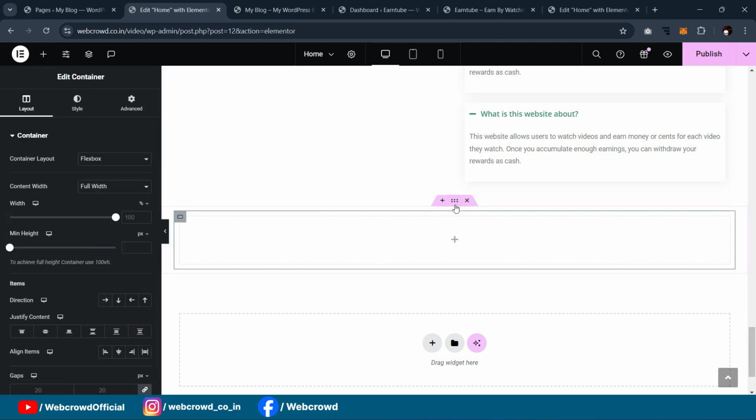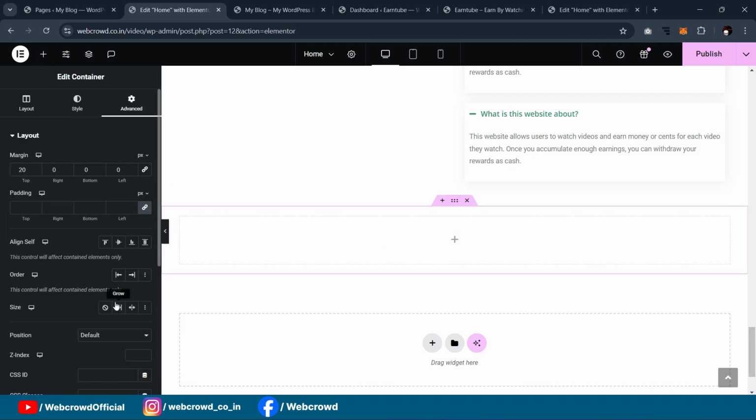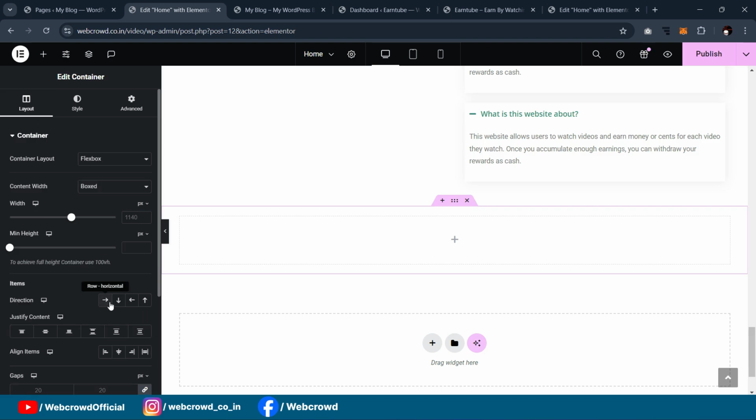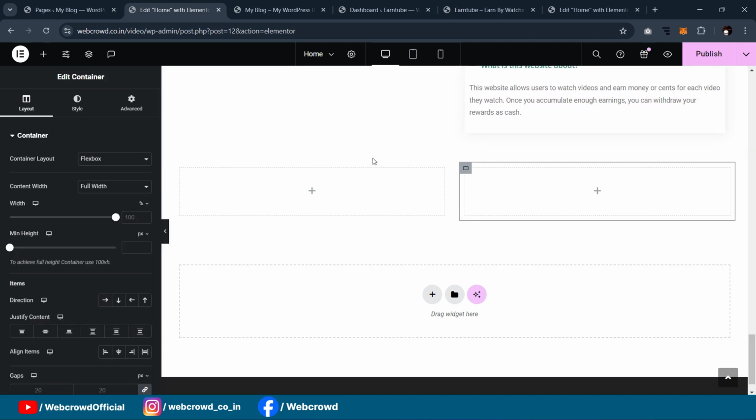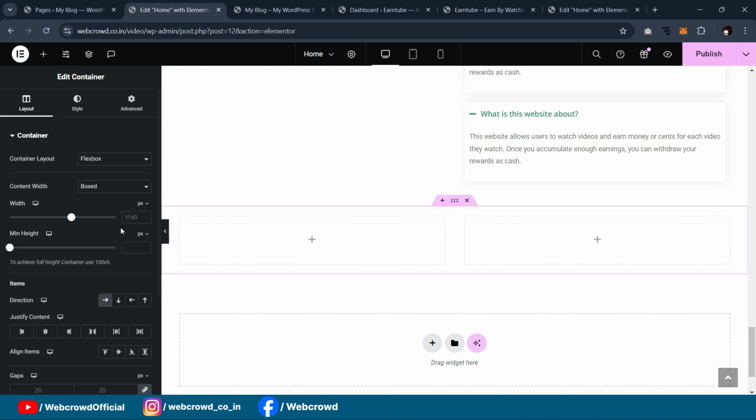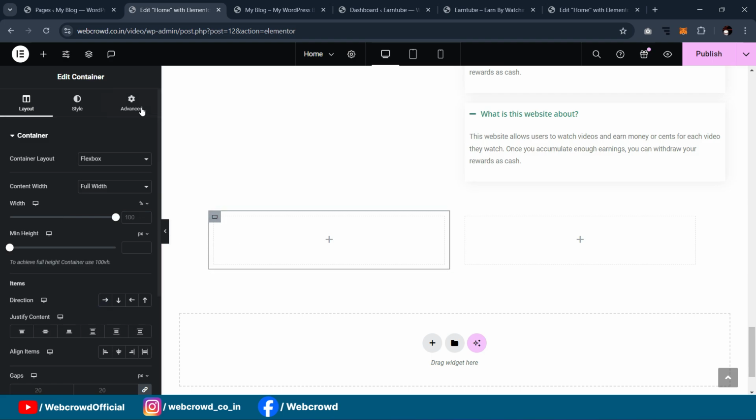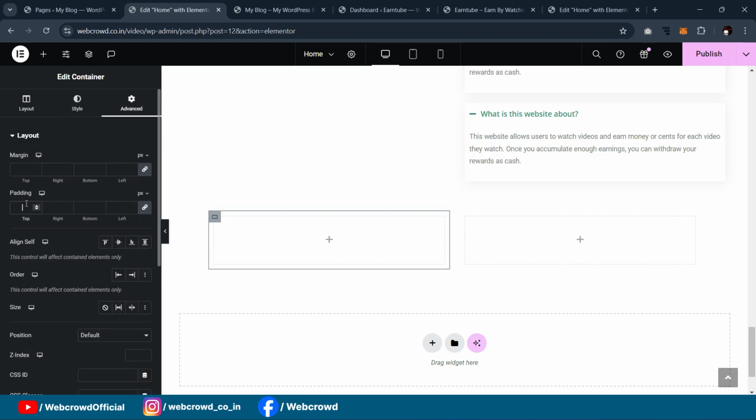Again add container, make its direction row horizontal and duplicate it. I will just reduce its width, like 1000. In the first, set margin padding 220,